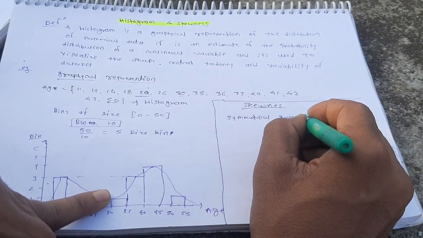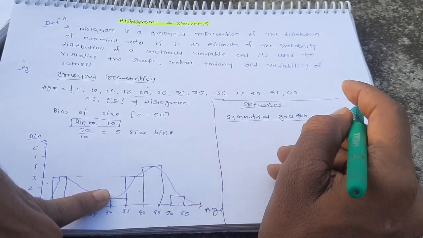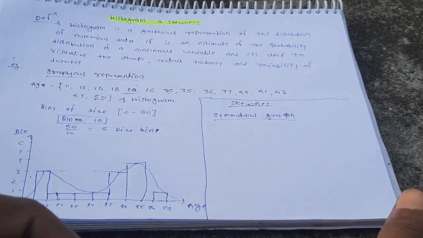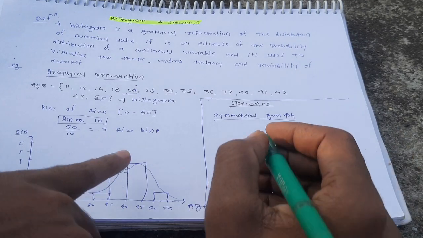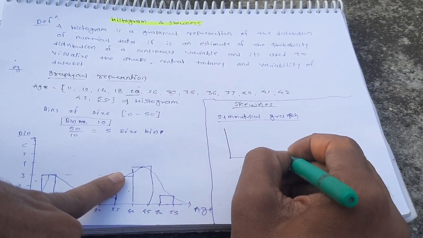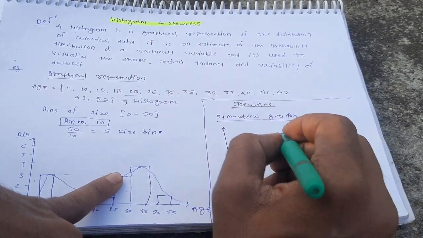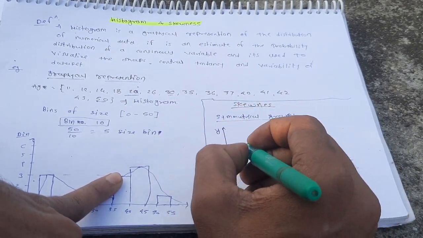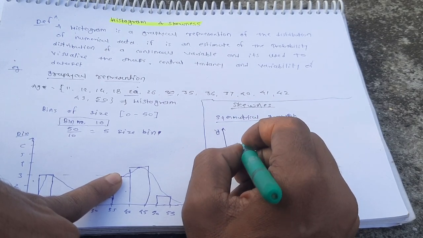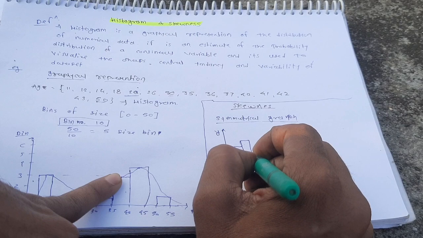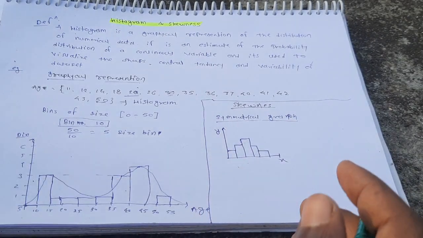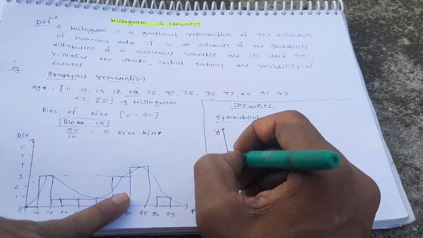Symmetrical graph, right? So we are talking about the symmetrical graph. How does the symmetrical graph look? If you understand that, this is our x-axis and this is the y-axis. If you're talking about the symmetrical graph, that's a plot. The histogram plot looks like that, and that is your graph,